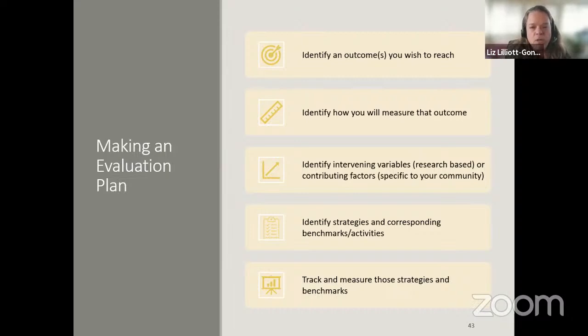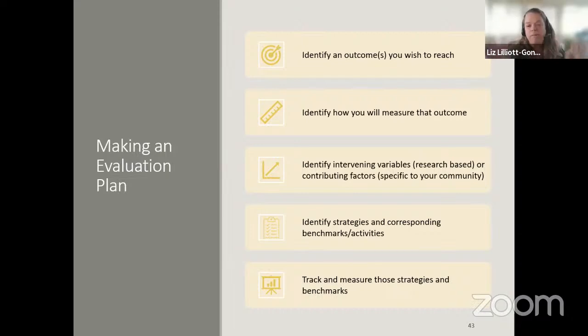When you make an evaluation plan, you first want to identify the outcome you wish to reach. And as we talked about, those outcomes are usually for OSAP programs substance use consumption or consequence related. And then identify how you will measure that outcome. And then identify those intervening variables that are research-based or contributing factors that are specific to your community. As Dave mentioned, this is also complemented